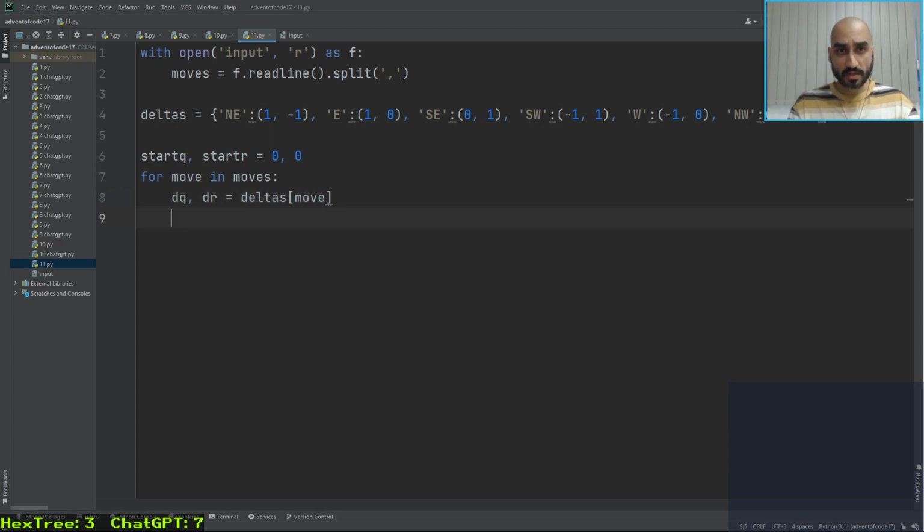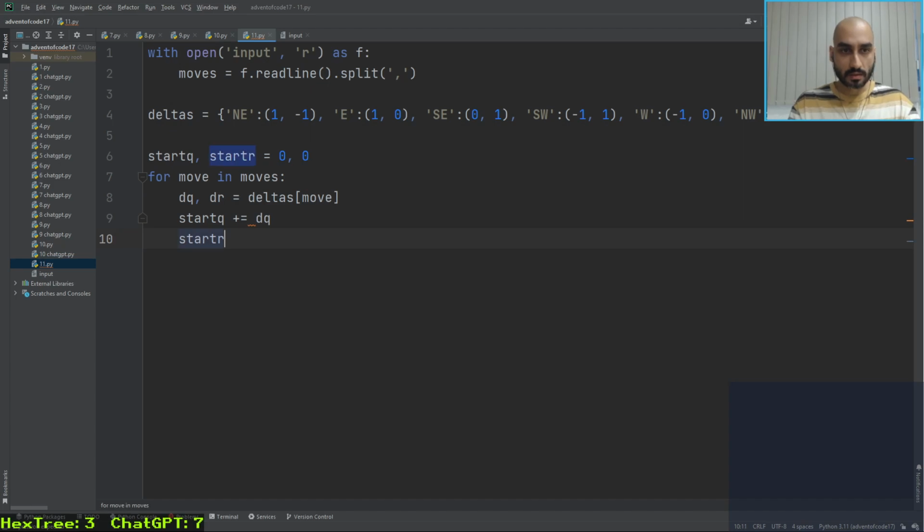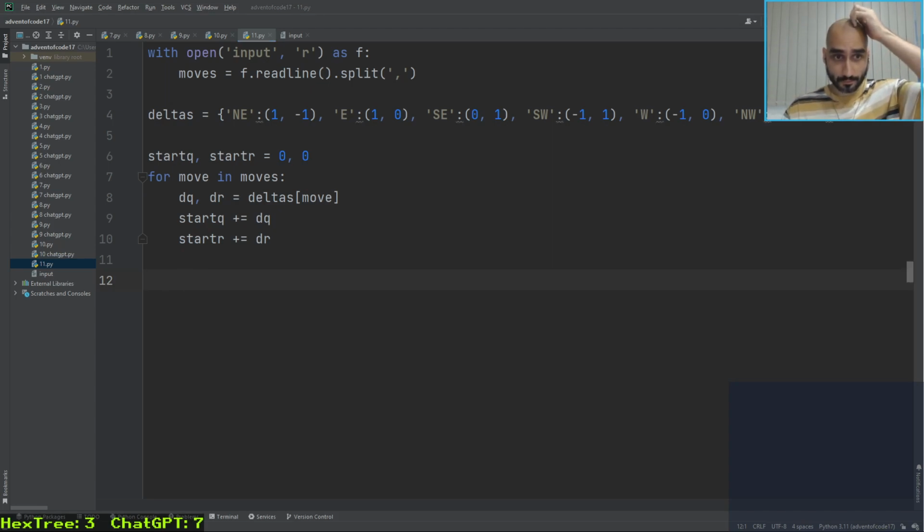Okay, so we extract the delta and then start Q plus equal delta Q, start R plus equal delta R. And then after all this is terminated, we just want to know the distance we are from 0. And the formula for this is